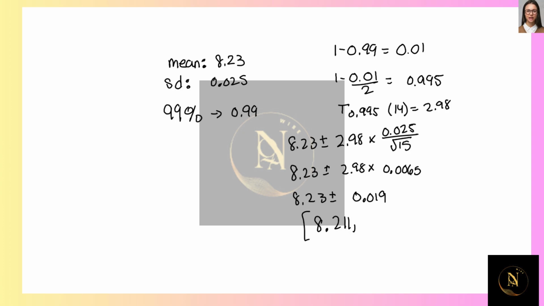8.211, comma, and then adding them together, that's 8.249. So then the upper bound of the confidence interval is